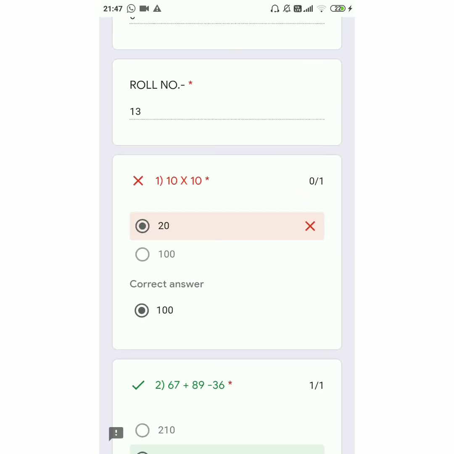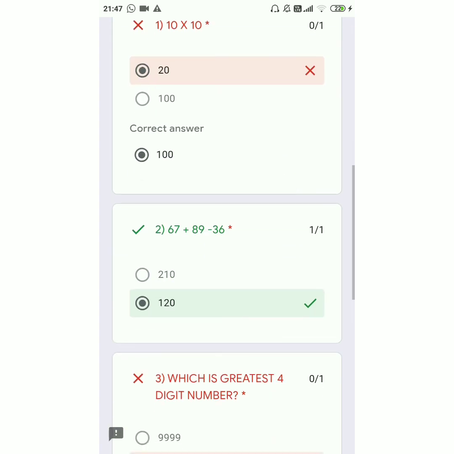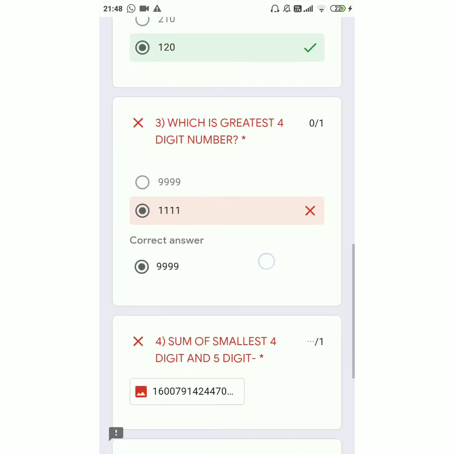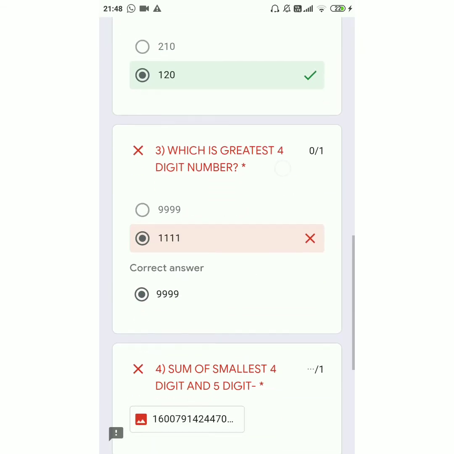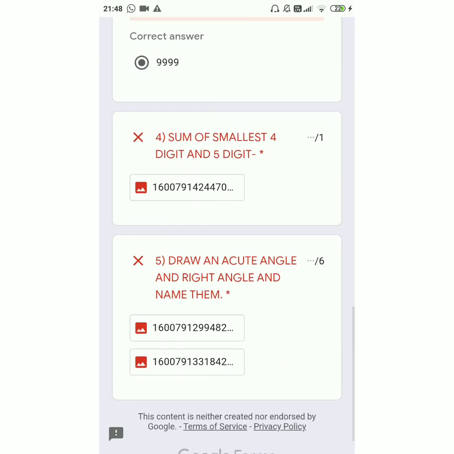See, if your answer is wrong, you will be notified. If your answer is correct, you will be notified of that also. So where there are options and MCQs, you will be notified whether your answers are right or wrong. And where you have uploaded a file, don't worry about that. Guruji will check that answer and points will be given accordingly. Question number 5 and question number 4 together carry 7 marks. So Guruji will open the file, check and insert the points accordingly.